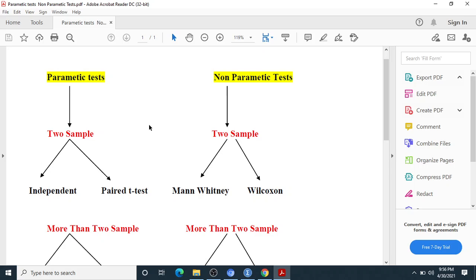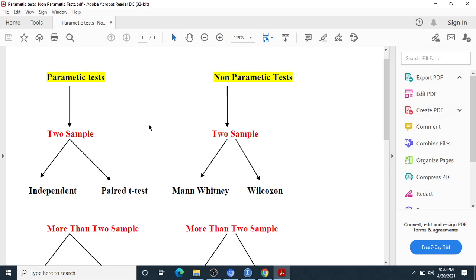After completing these definitions and assumptions, I am just going to tell you in which condition we use the parametric test, and in which condition we do not use the parametric test and use the non-parametric test instead. After discussing these assumptions, we go to SPSS.